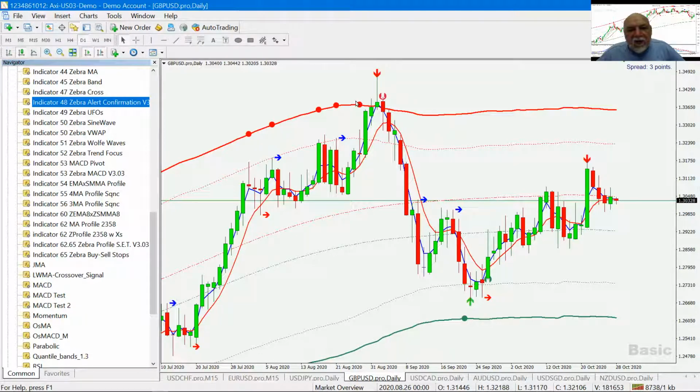You need to have a stop loss that's at least as wide as the band, and sometimes a little bit wider than the band, okay? At least as wide as the band. So at this point here,